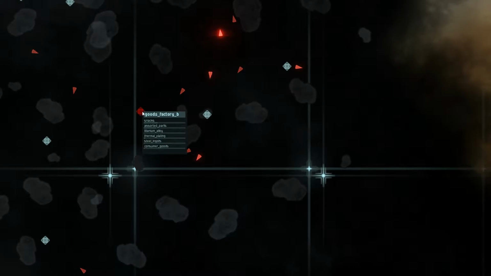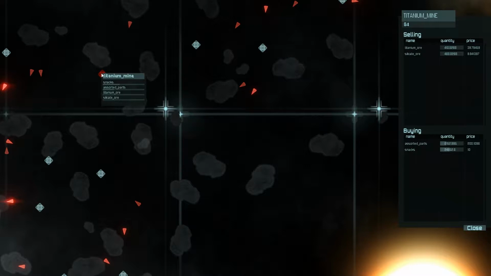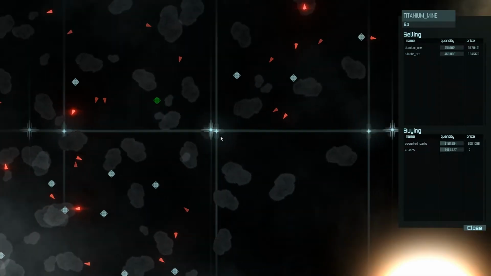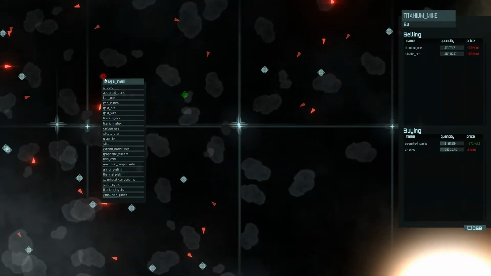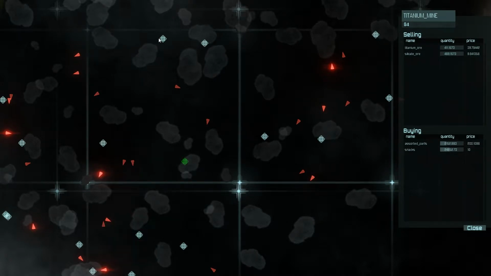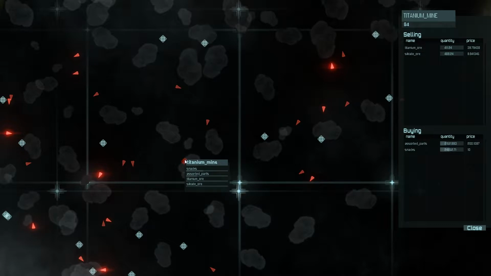And I have a little interface thingy here now, so I can see that this is a titanium mine, and it is selling titanium ore and silicate ore, and it is buying assorted parts and snacks. And the best part about this is I can hover over other things and compare what profits I would make for running trade routes between all these different things. So if I were to, for instance,